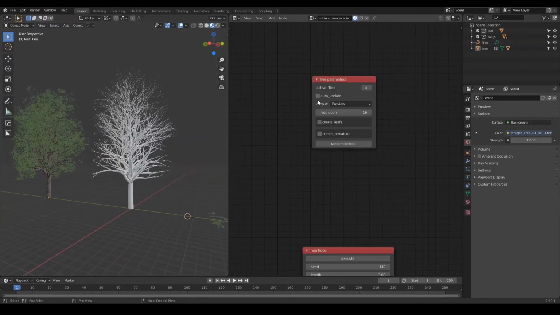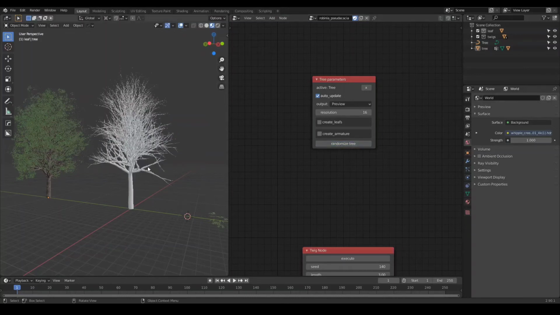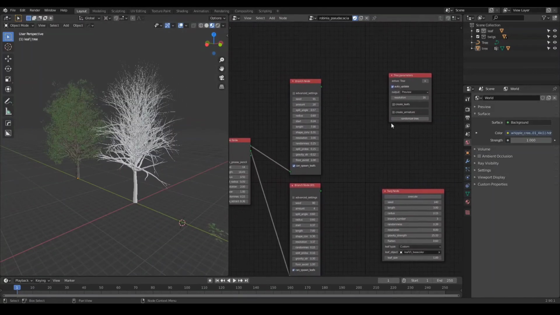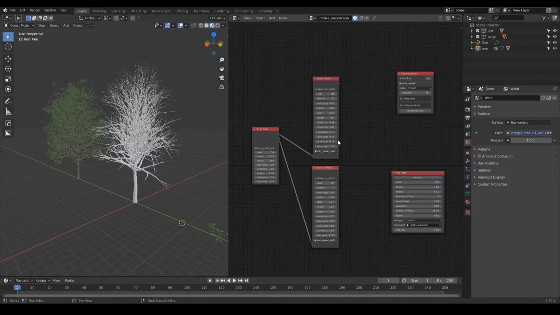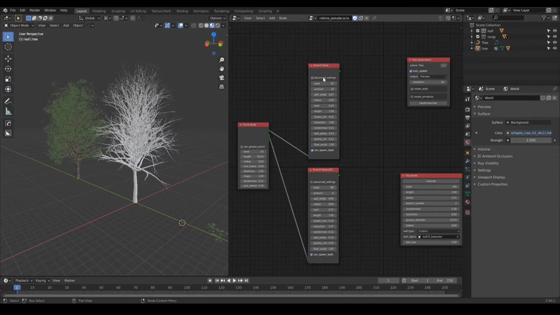I'm going to check auto update. Now you can click, for example, randomize tree. It's going to randomize this tree with the same parameters. It's actually changing the seed of these different nodes. If I click here and take a look at the seed,